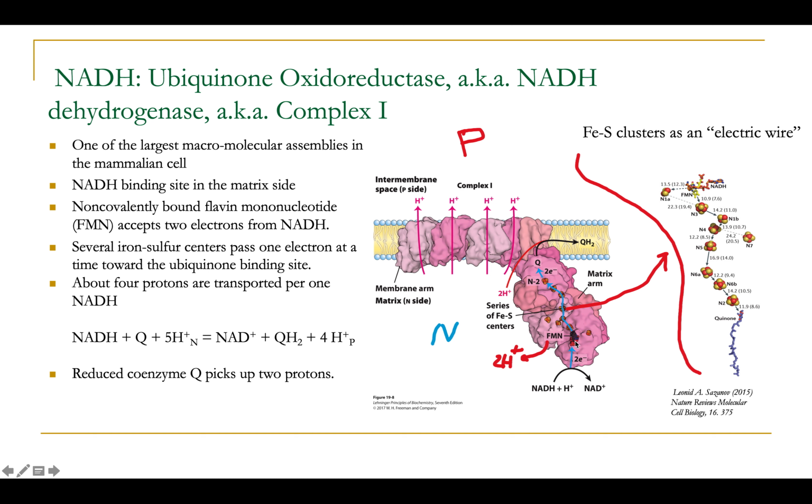So the electrons are moved through this wiring chain by the electromotive force generated due to different electron affinities, different reduction potentials between